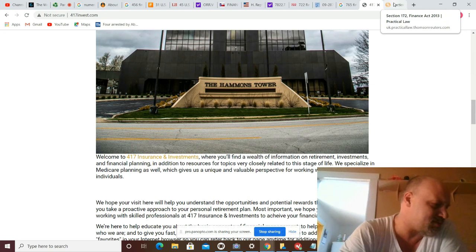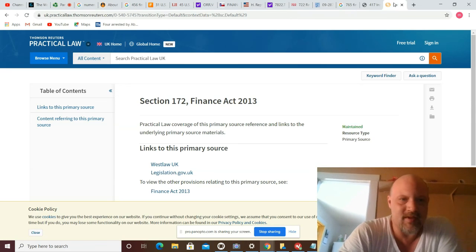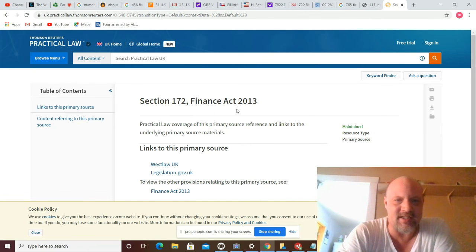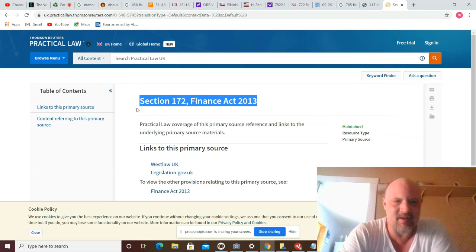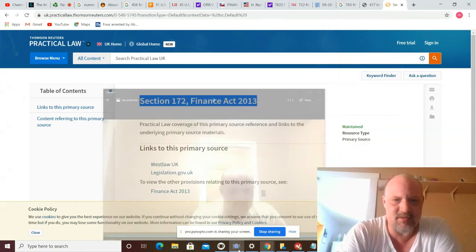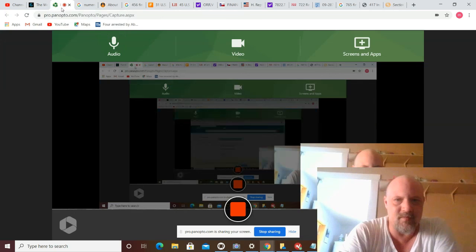Now we've hit the overlap, and that ends up being Section 172, Finance Act of 2013, and you're at practical law again. So there's another Finance Act, and that gets you through going forwards and backwards in finance. And this has run far longer than I wanted it to. So genetics will be next. I'll try to get that up today. Got a few things to do, but I'll try.